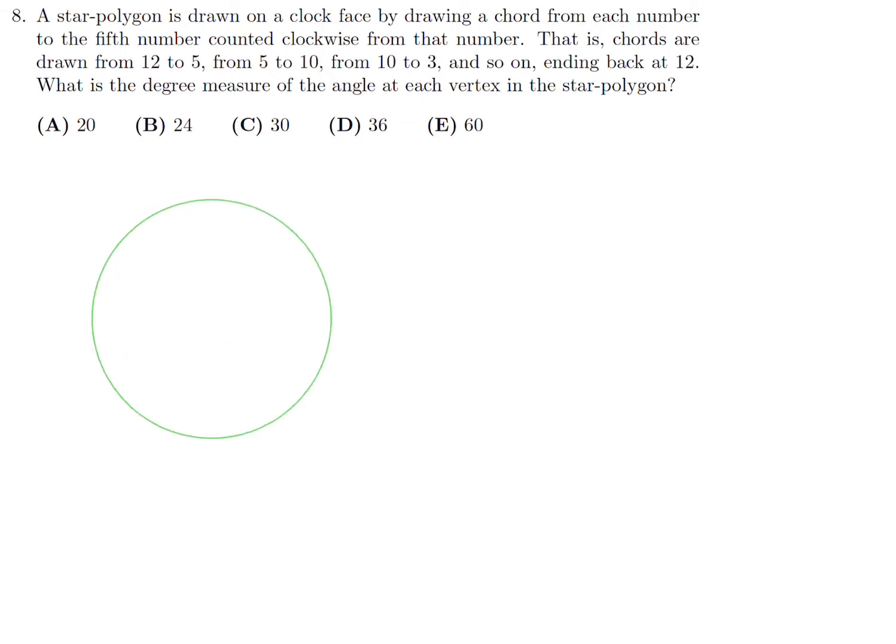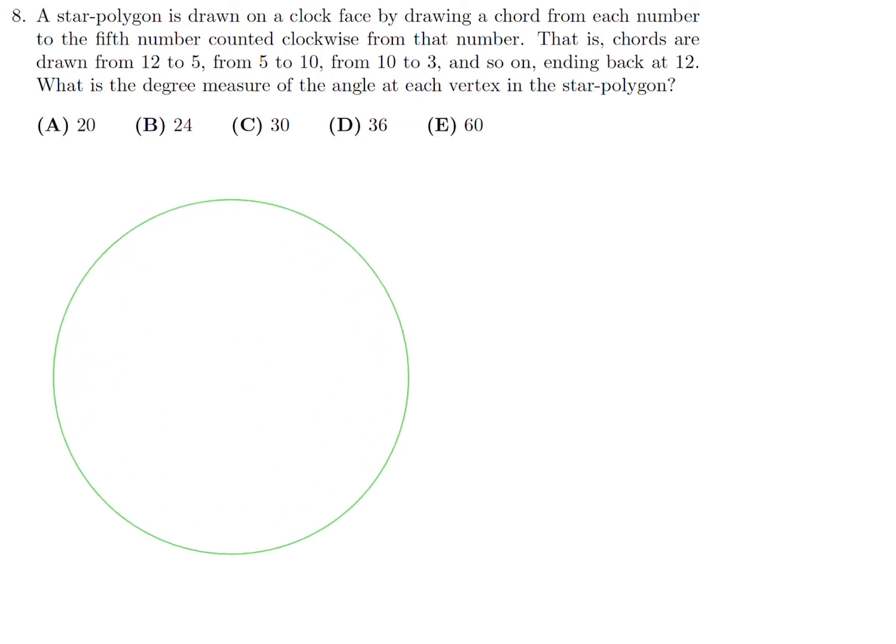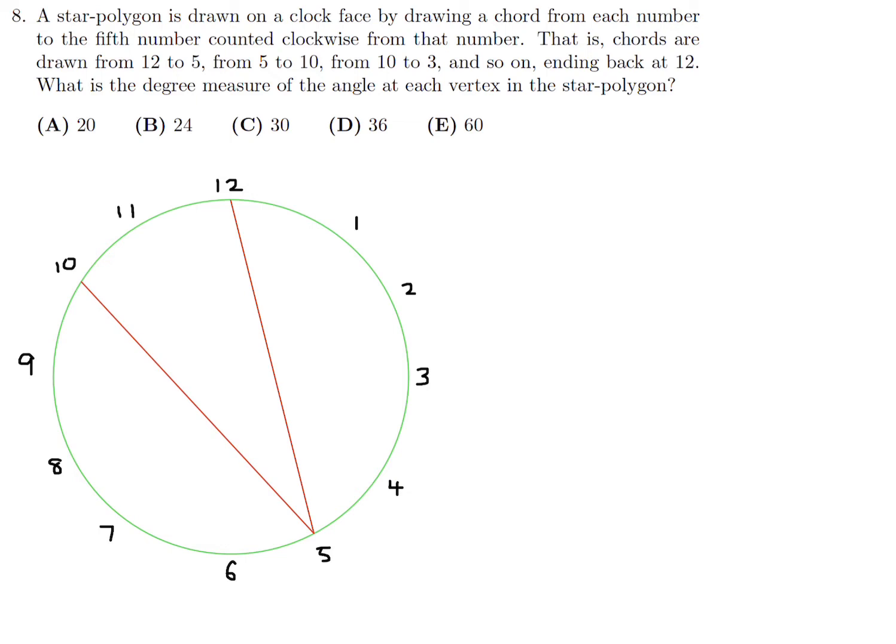So let's draw a circle, and we're going to label, this is a clock, right? So 12, 6, 3, 9, and then 1, 2, 4, 5, 7, 8, 10, and 11. So let's start drawing this. So let's see here. We start at 12, we go to 5, right? We're going to every fifth one. So from 5, we're going to go to 10. And then from 10, 1, 2, 3, 4,